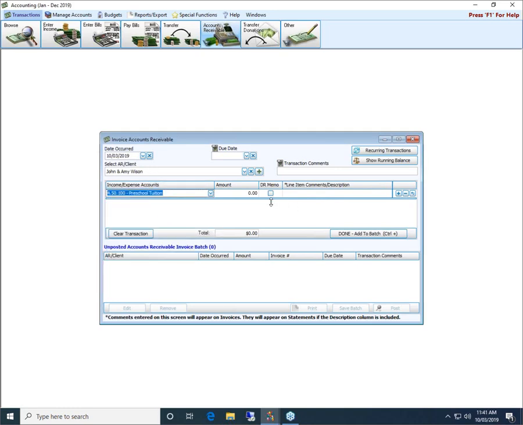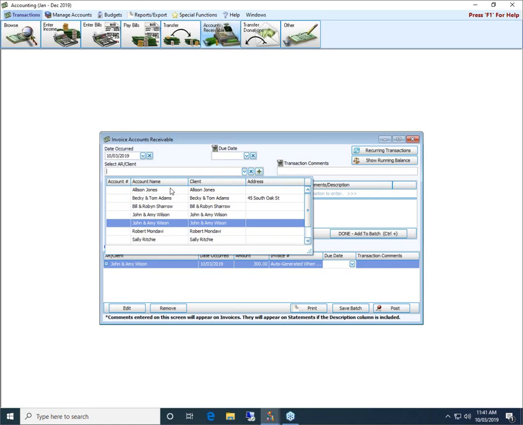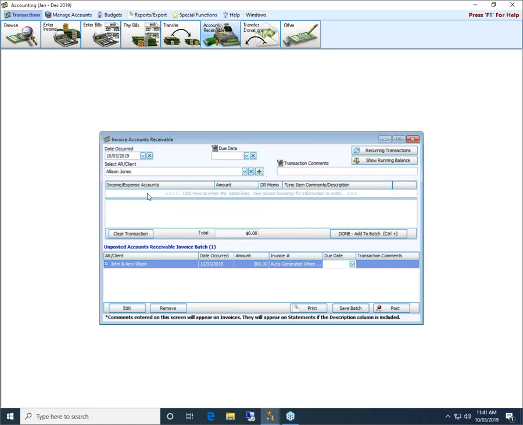There's my income account. I'm going to enter the amount, and we'll say, under our line item comments, September 2019 preschool tuition, and then we clicked on Add to Batch. I can now either post this transaction, or I can continue to add other invoices for other clients in exactly the same manner. Okay, so if I type in preschool tuition, hit enter on the account, do the same thing,